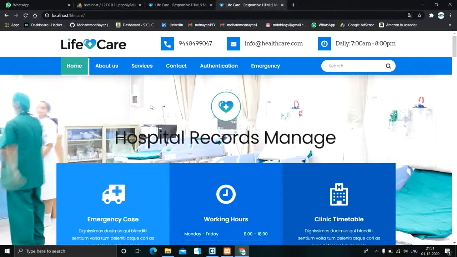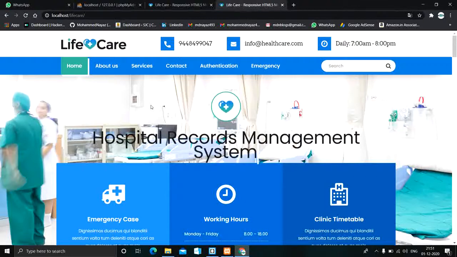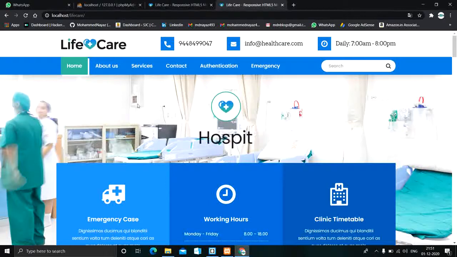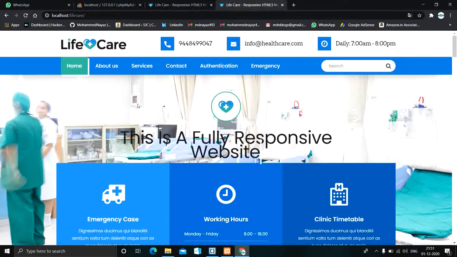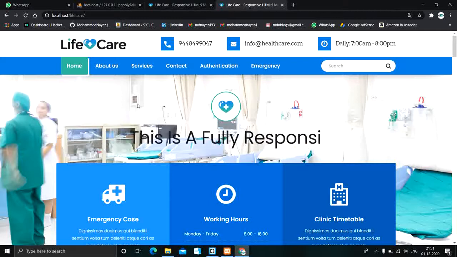I have also included some animations and transitions. It's a hospital record management system. And the next line reads, welcome to LifeCare. This is a fully responsive web application, or you can call it a website.